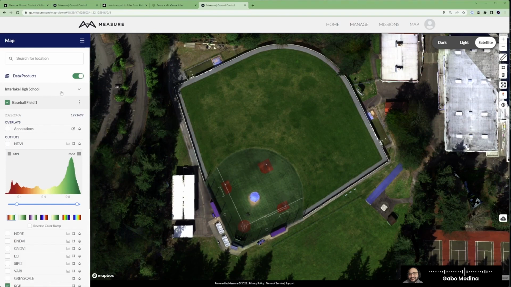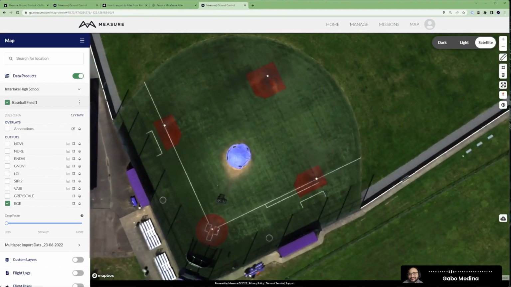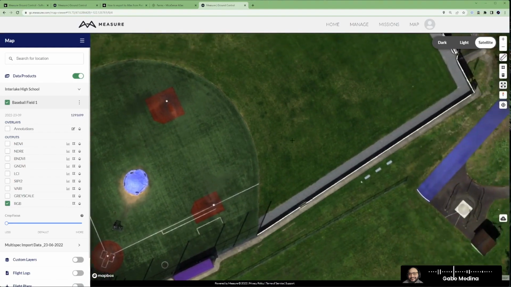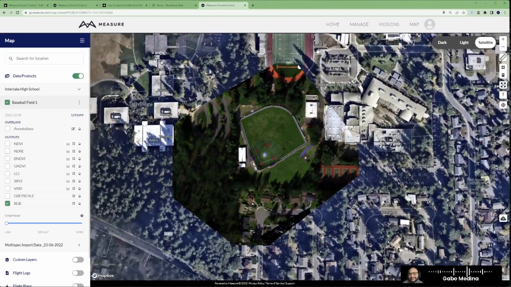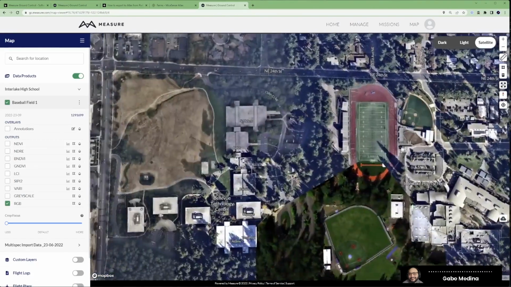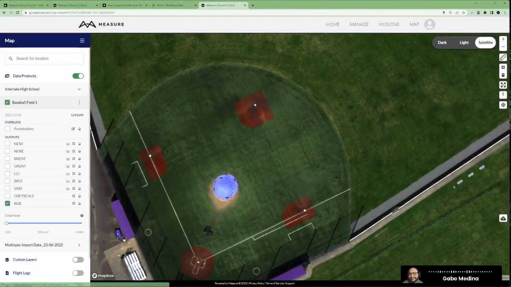And what I can show you here on the left-hand side is that I have the baseball field selected as my data product, and underneath there are all these outputs or layers that you can select. So RGB is selected by default, and as you can see, this is an RGB composite image from the red, green, and blue layers of the MicaSense Atlas. It's overlaid on top of satellite imagery, so you can tell that this is obviously the higher quality and true color